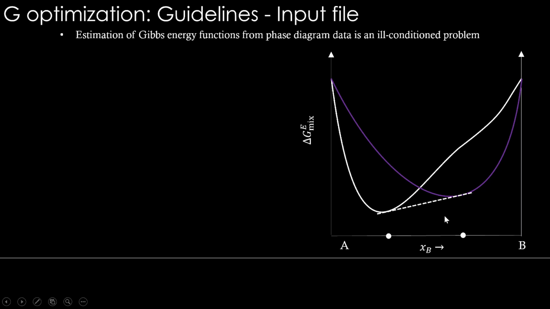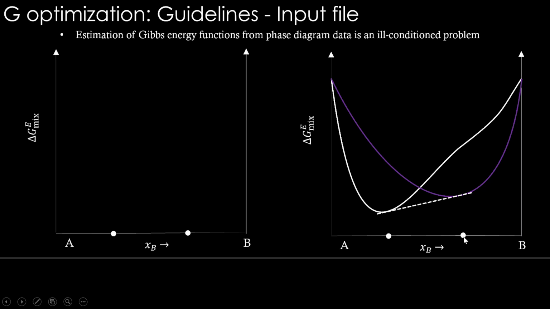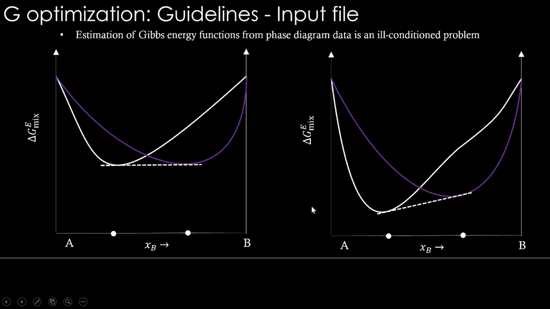Now I can get the same tie-line information with another set of two curves, you see. Now let's say this is the Gibbs energy of this phase, purple one, and the white one is here. Okay. Now if I don't have any thermochemical data to substantiate this, this is also correct, because based on my phase equilibria data, the tie-lines are reproduced with this. Okay. But actual Gibbs energy is not this. Actual Gibbs energy is this. Okay. So this can come only when we also use the thermochemical data to optimize.